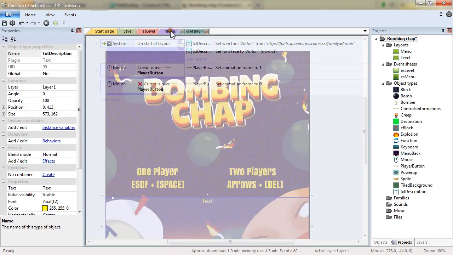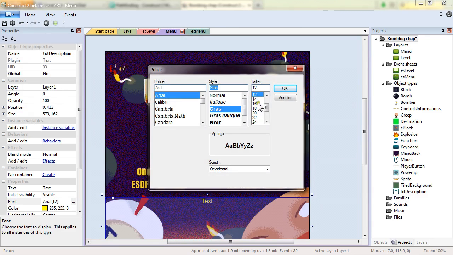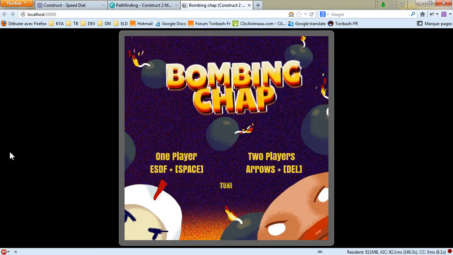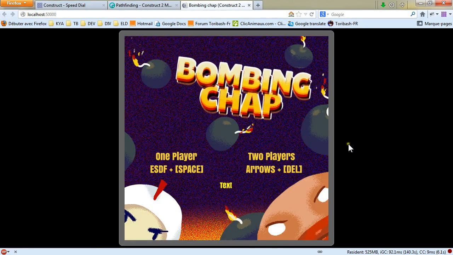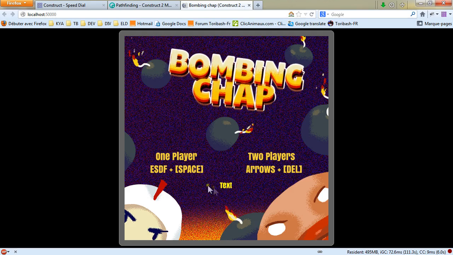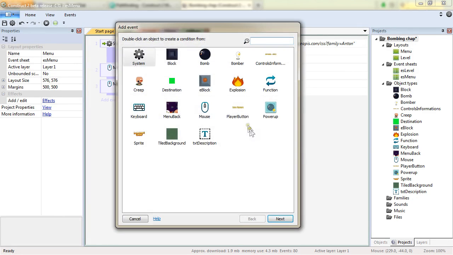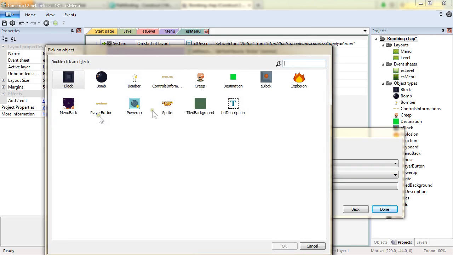Here it is. And I still need to modify the size and the aspect right there. It's actually italic bold in 16. And if I'm launching, here it is. The text object loads the font directly from Google Fonts and applies it to the text object. For now we will also be adding a mouse event, so that when we click on the player button